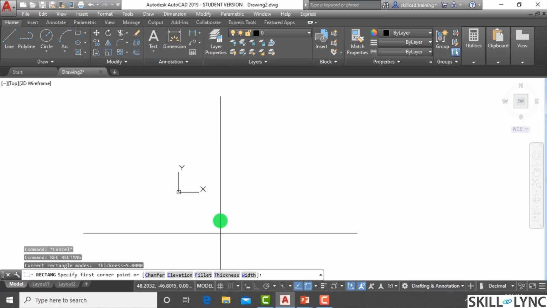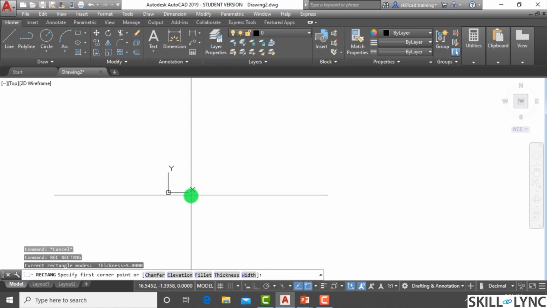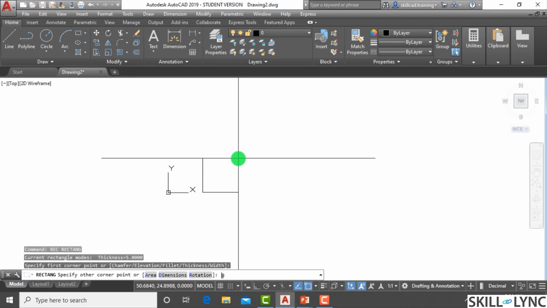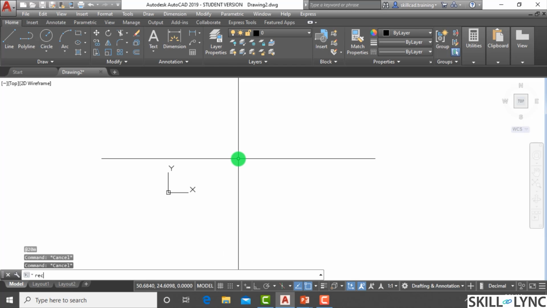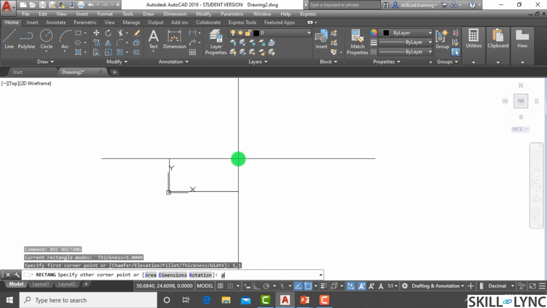There are various other ways of creating a rectangle. So what is the elevation tool? Let's say I am creating a rectangle of 20, comma 30. I start REC from 1, comma 1 and say 20, comma 30. So I create a rectangle of 20, comma 30 at 1, comma 1. Now if I say REC again, but with an elevation of 5 units, starting from 1, comma 1, with the same length, 20 in X and 30 in Y,